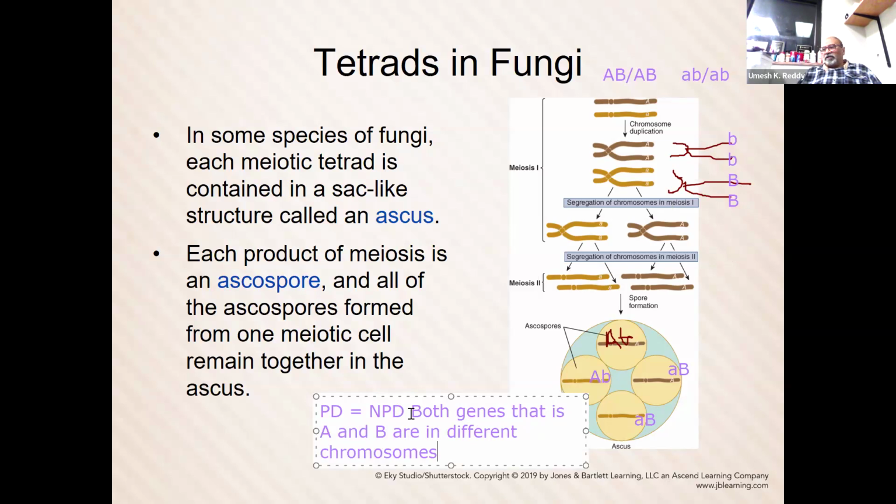Because they are all non-parental ditypes. They are not like parents. Because the way they got arranged on the equatorial plate, either capital B can be up there, or small b can be up there. That's random. No one can decide. So 50% of meiosis will end up parental ditypes, 50% will end up non-parental ditype, telling us that both these genes are not linked, but are on different chromosomes. But if they are on the same chromosome,